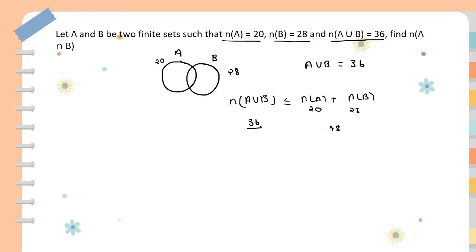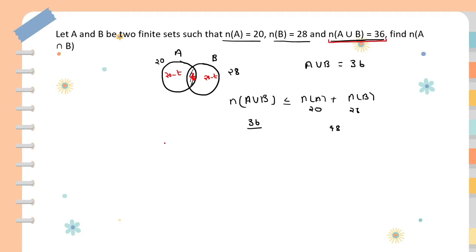So but here it is 36, so that means it will share some portion. So let us assume this portion is t. So this will be equal to 20 minus t, and this will be equal to 28 minus t. So basically it is